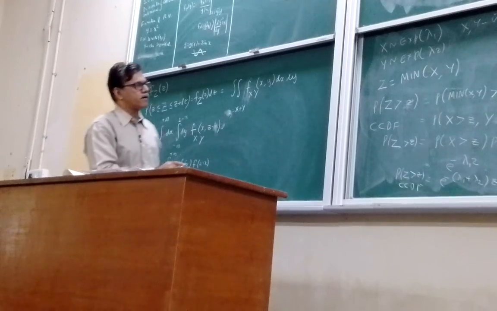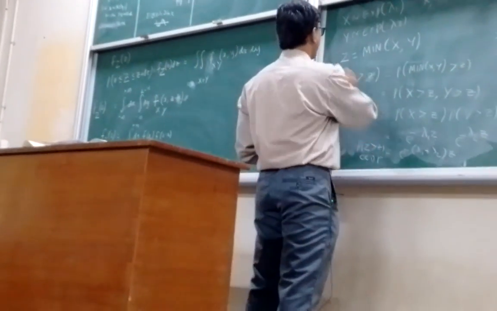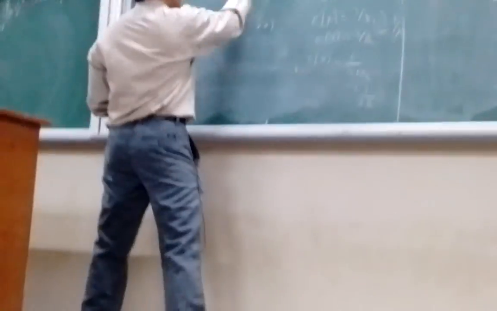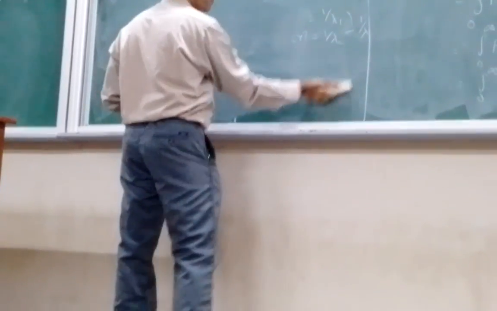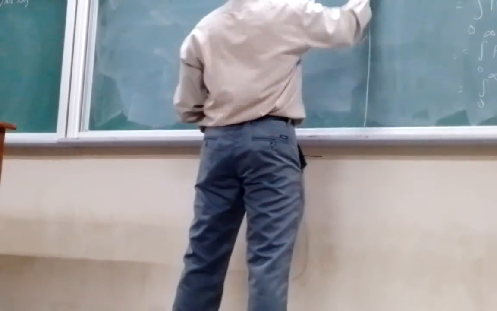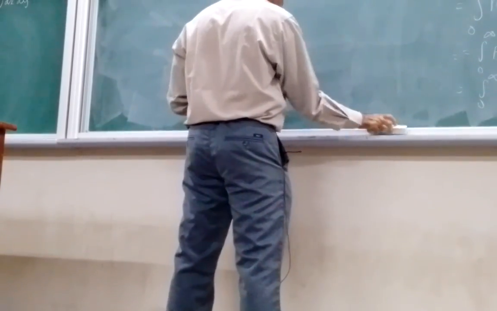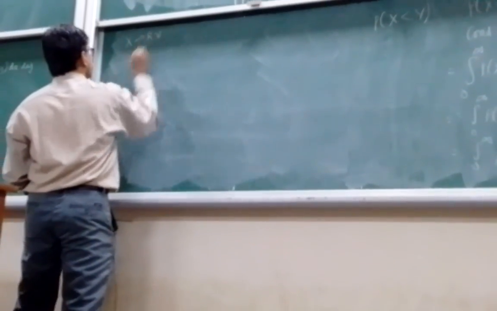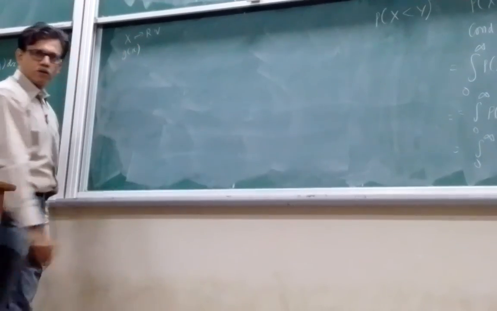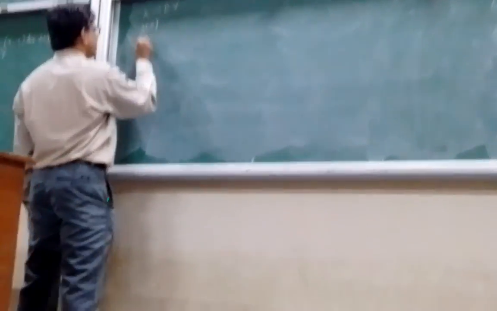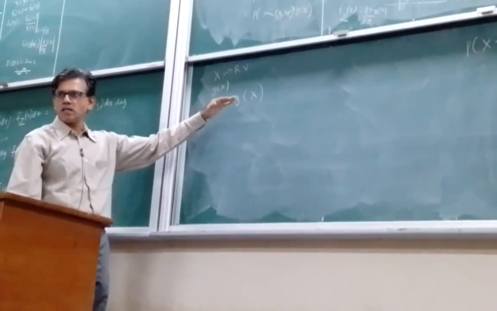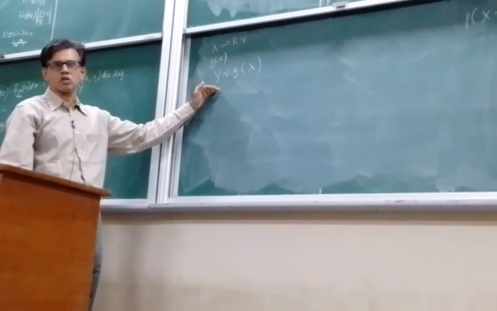So now let us look at some functions of a random variable. Again, we already looked at the case of uniform, that is a linear function. So x is a random variable, and there is a function g of x being given, so you can define a random variable y which is g of x. Given the density function, CDF of x, how do you find the corresponding density